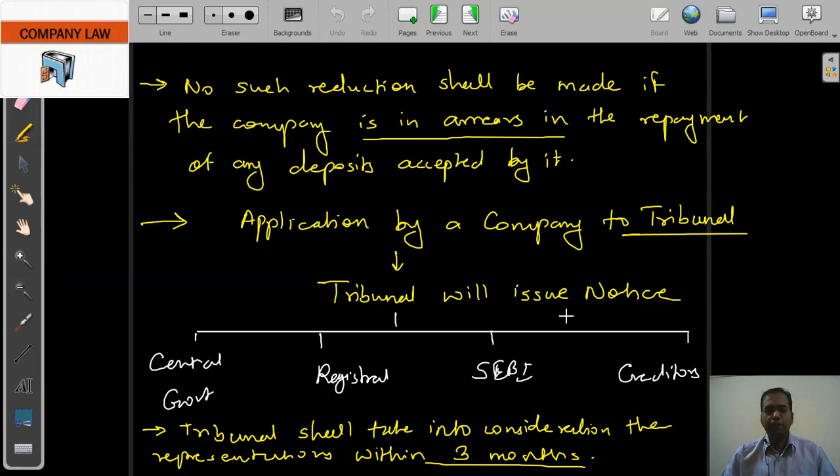Now to whom to approach? Application should be made by the company to tribunal. Then tribunal may issue a kind of notice to four different stakeholders: central government, registrar, if the company is a public limited listed company, SEBI, then creditors. Tribunal shall take into consideration whatever representation will be received by all the stakeholders within